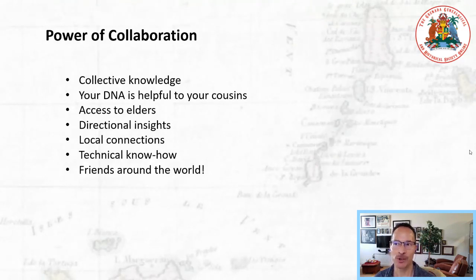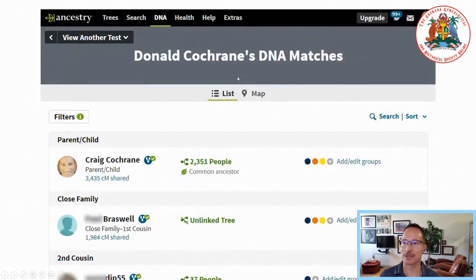Also, when you start to form these cousin groups, you'll get local connections. One of our cousins happens to know the registrar or the clerk in the records office, and we can expedite a few things. And we have cousins on the ground who can bring in special guests, the oldest people on the island, who can tell us really valuable information. So that is another benefit of working with cousins.